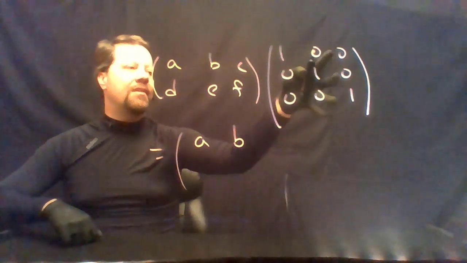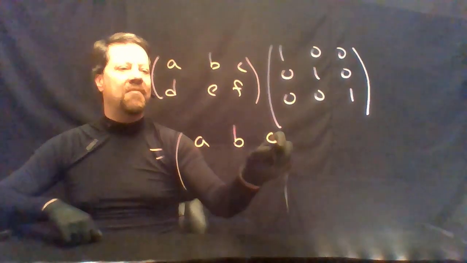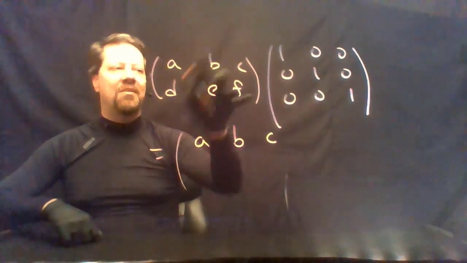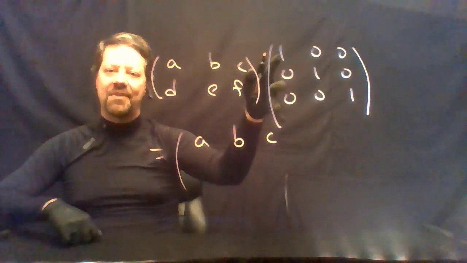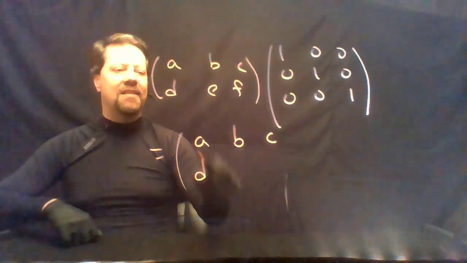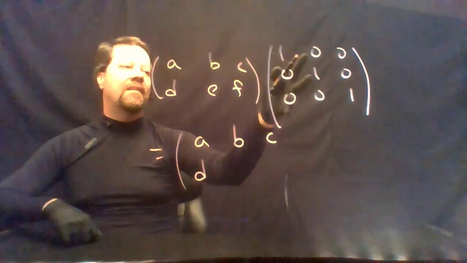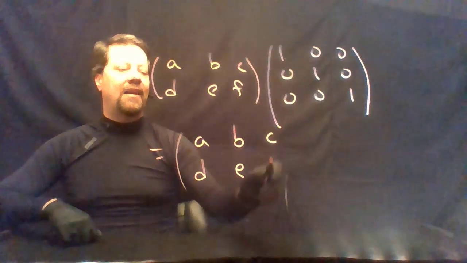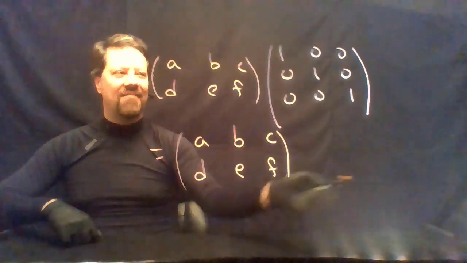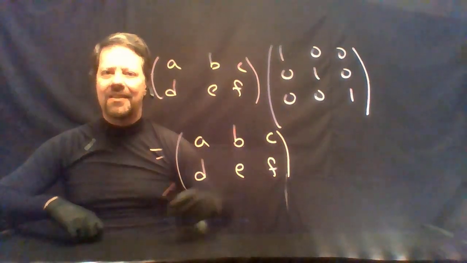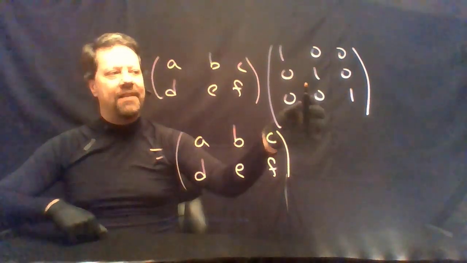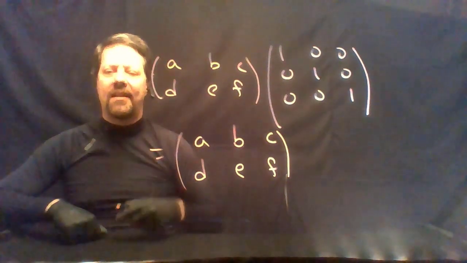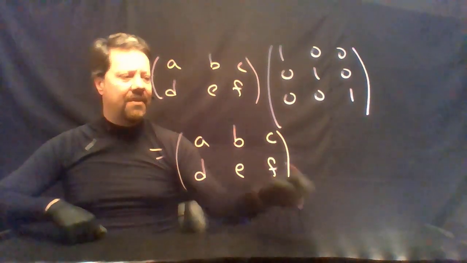First row times third column gives us only the C. Multiplying the second row times the first column gives us only the D, and then E, followed by only the F. There's something interesting that's happening with these matrices with only 1s on the diagonal and 0s everywhere else,